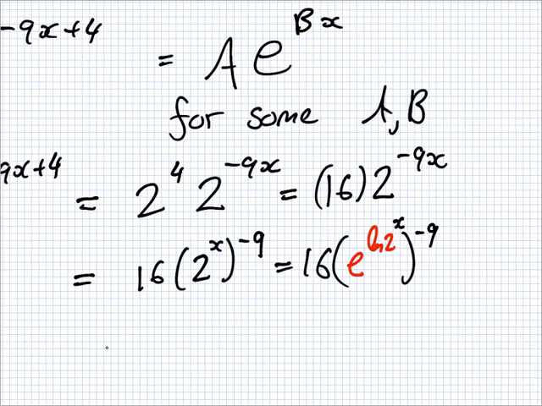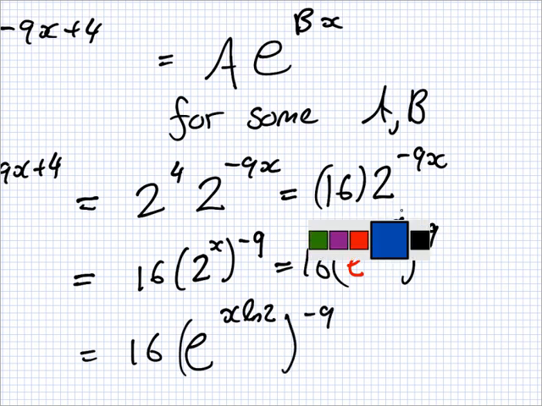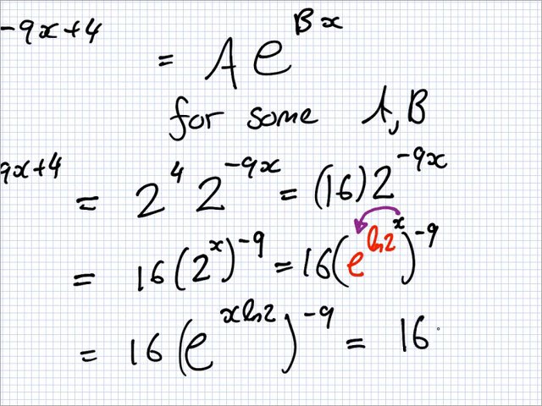So, continuing now. This will be 16 e x log 2. Because what I've done now is, you can kind of use it in a different colour, use my rule of logs that says I can bring the x down in front. Okay, what is log 2? I think it's minus 0.69? Is that right, ln 2? No, 0.69. So that's 0.69x